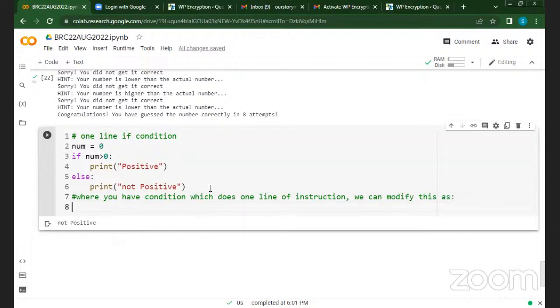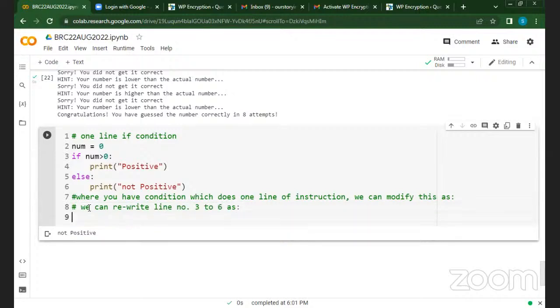See here, line number 4 and line number 6, we have only one line when the condition is true or false. So what we can do is rewrite line number 3 to 6 as, say, output equal to,